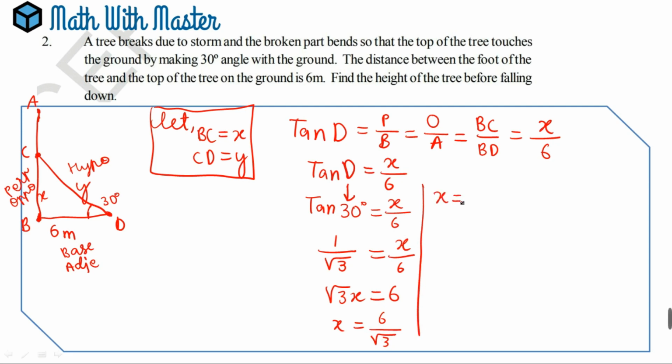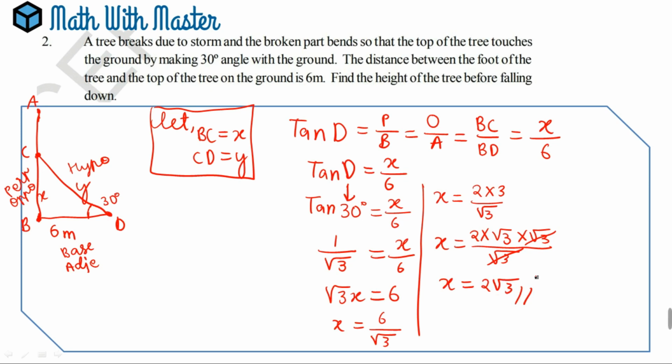And then x is equal to, instead of 6 we can write 2 into 3 upon root 3. x here is equal to 2 into, we can write 3 as root 3 square. So we can write it as root 3 into root 3 divided by root 3. Root 3 and root 3 will get cancelled and the x value will come 2 root 3. This was the height of the tree after